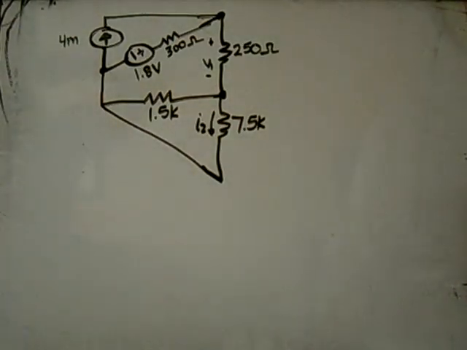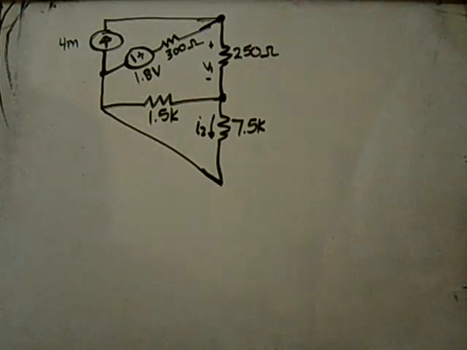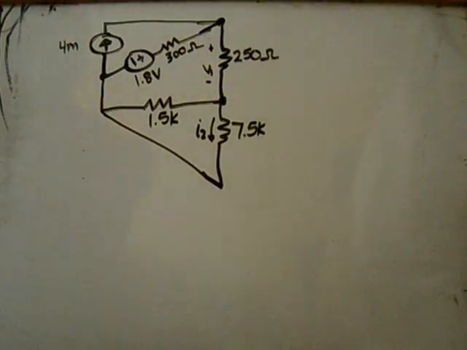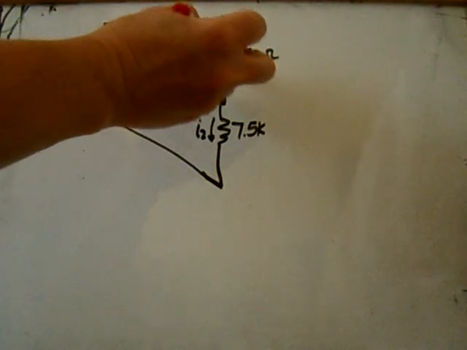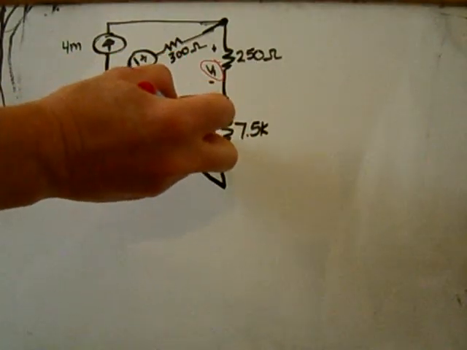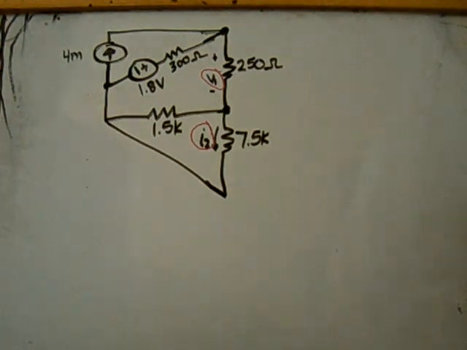This is an example of the node voltage method. In this example, it is desirous to find V1, which is here, as a voltage across the 250 ohm, and I2, which is the current through the 7.5K resistor. In order to do this,